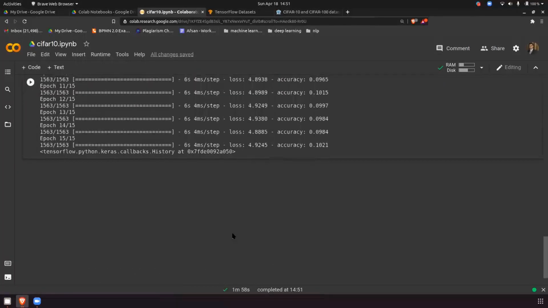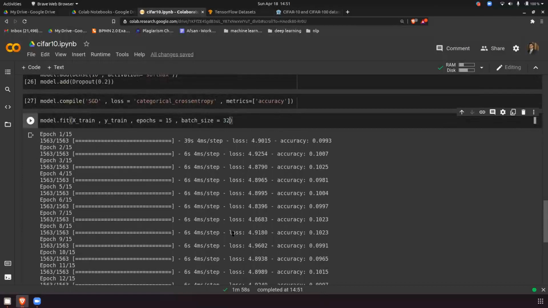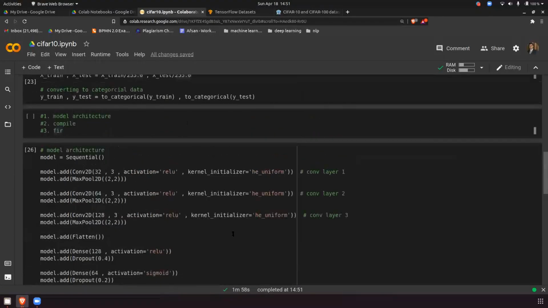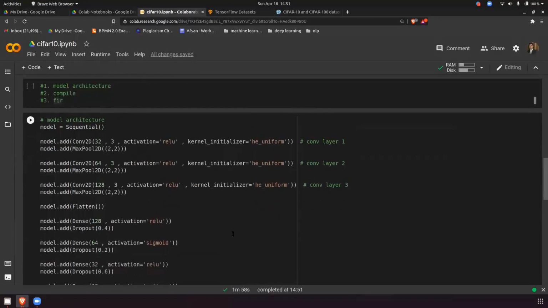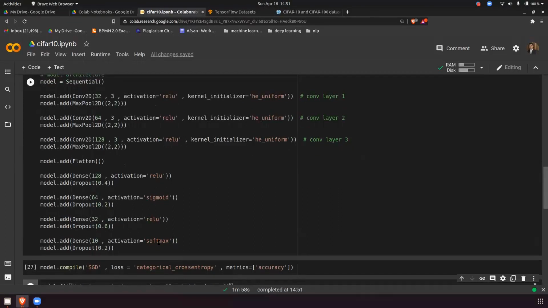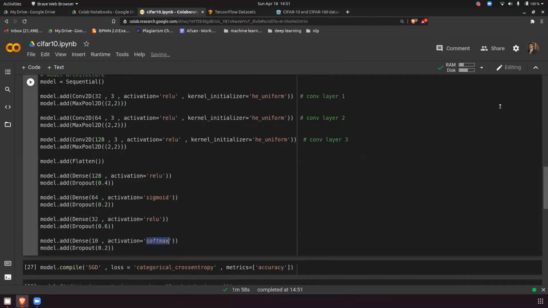When you discussed the activation functions, there were only two, ReLU and Sigmoid. How is softmax different? See, softmax, the only difference is the definition. That's it. Suppose I have three classes. Class one, class two, and class three. At the end, you will get the probability of each class.